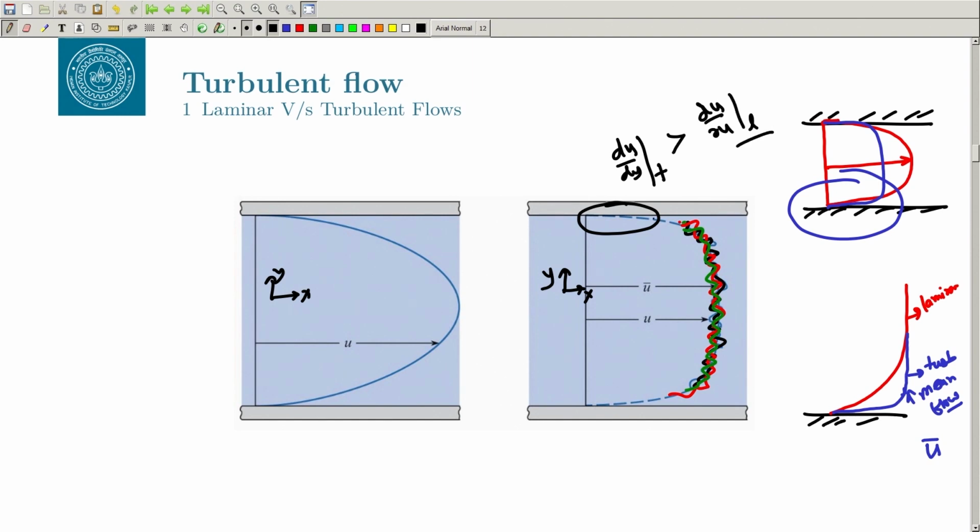So, what is happening? Let us say this is my profile in the free stream. Okay, this is the velocity that is reached in the free stream. So, it goes to that free stream velocity in a much quicker time, right. Let us say it reaches the free stream velocity somewhere here, or maybe let me draw here. Okay, it reaches the free stream velocity in this particular figure around here, right. So, this becomes like this. Let me erase the other part. Okay. So, it reaches somewhere here,